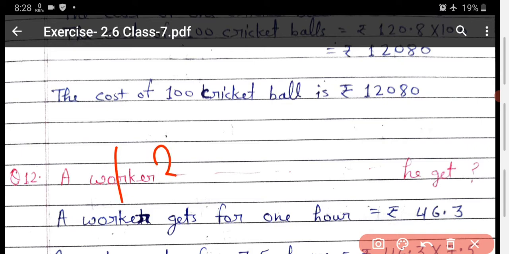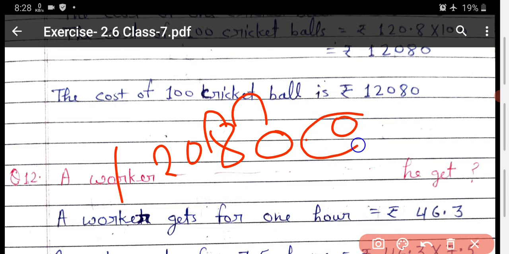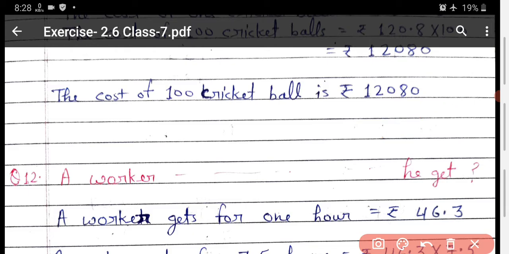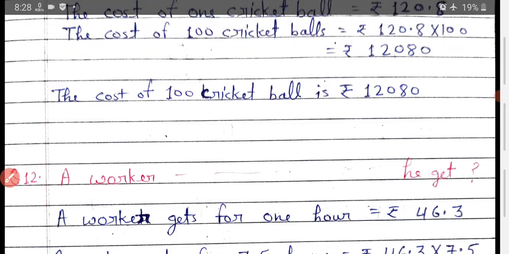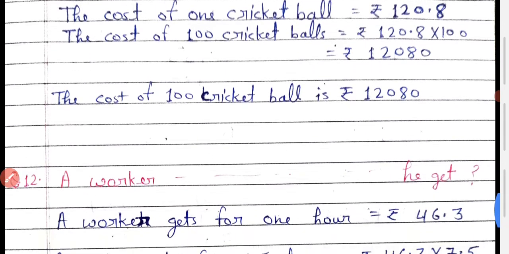It becomes 1208 already. When the decimal moves from 8 to 2 places, 1 place is there and 2 places are not present here. So from your side you have to add a 0 and write the decimal here. These are useless, so don't write them. So your answer is 12080. If you don't understand that concept, then simply multiply by 100 and you will get your answer.